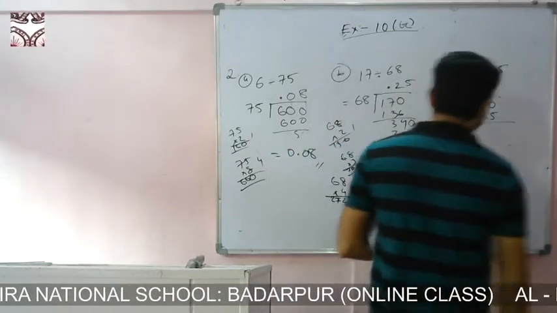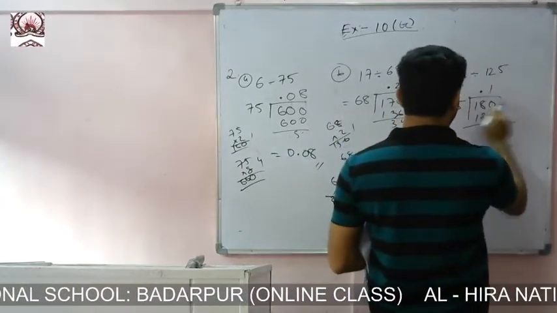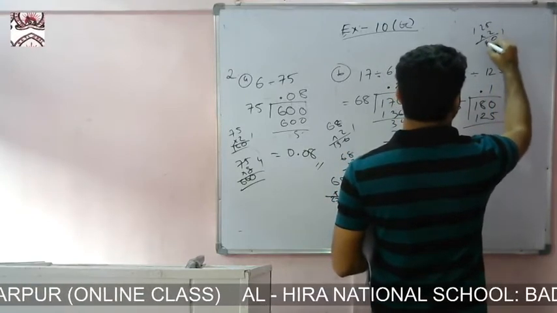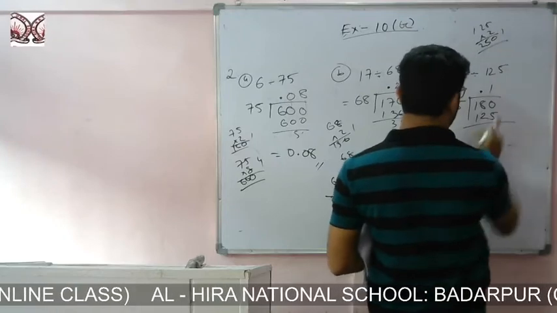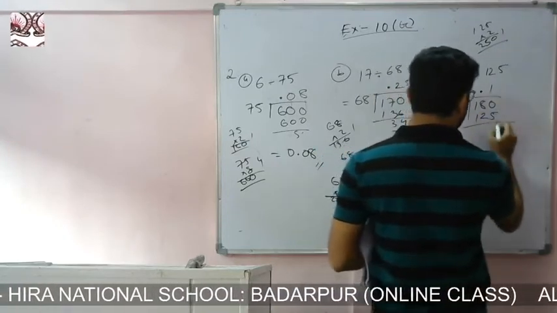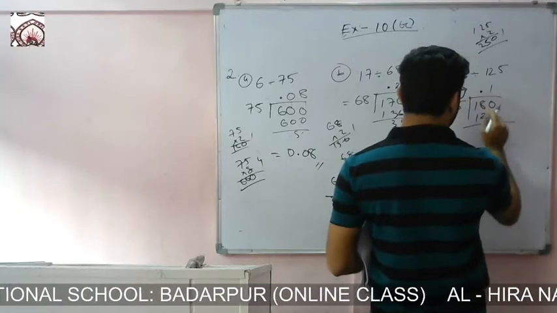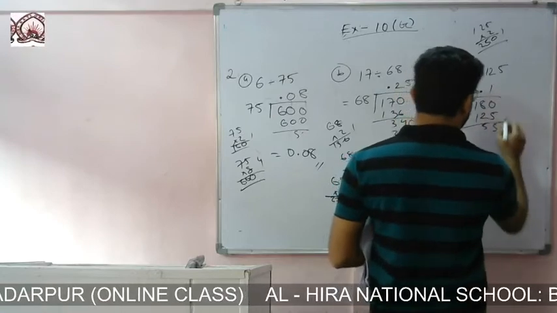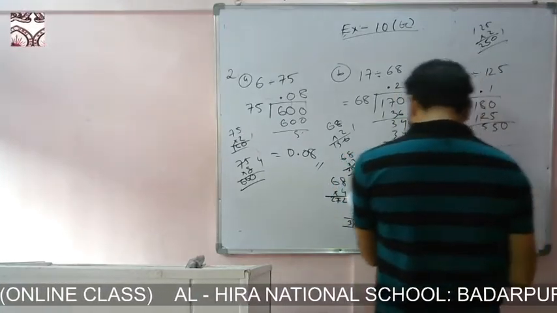Now you see 10. If we take 125 into 2, then 5 2 are 10, 2 2 are 4, and 1 2 are 2, 250. So for that reason, we put 25 1 are 25. So 10 minus 5, 5. Here remains 7 minus 2, 5. So not divisible. So point is there. We'll put 10. Okay.